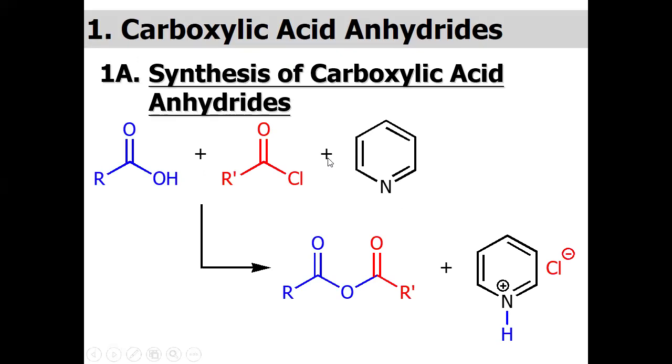The property of pyridine is that during the reaction, the acid formed will be neutralized by the pyridine to give you pyridinium chloride. So ultimately, when these reagents react with one another, the acid reacts with the acetyl chloride to generate the corresponding anhydride along with the pyridinium chloride, which will be separated, and we get our required carboxylic